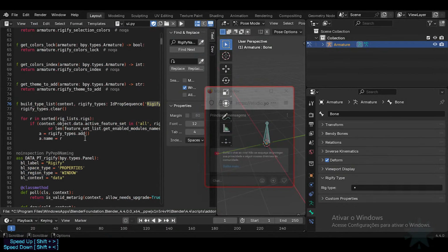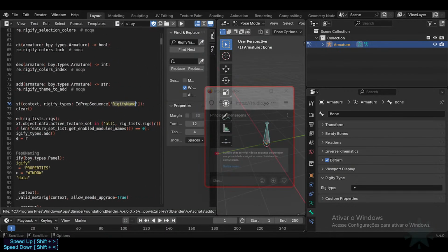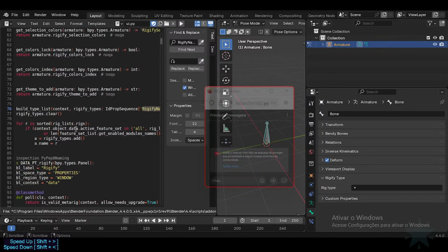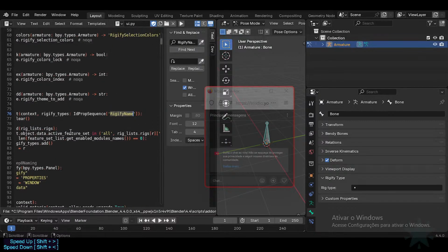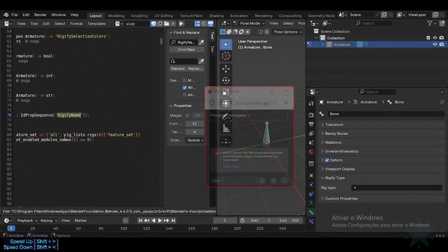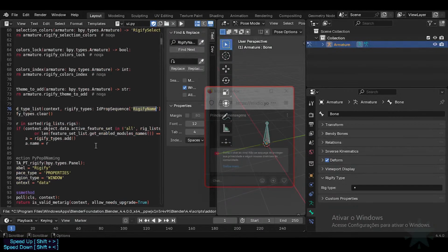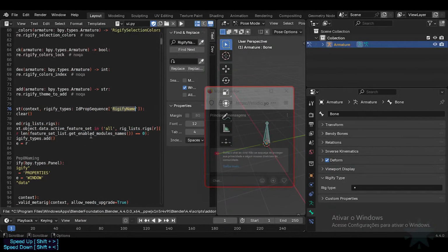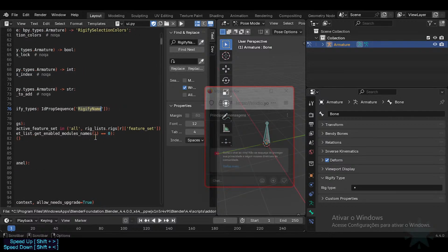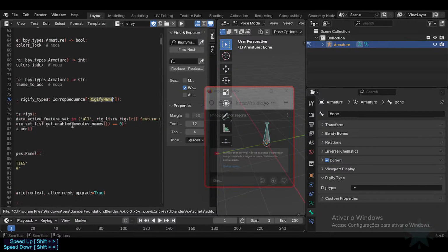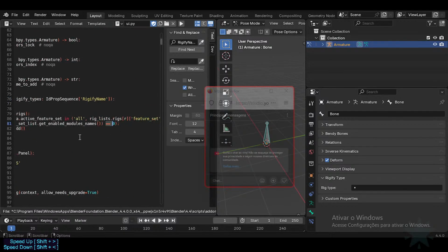Or maybe it's something else. Okay, if context object data active feature set in register feature set or len feature set get enable modules names are identical to 0, which I don't know what